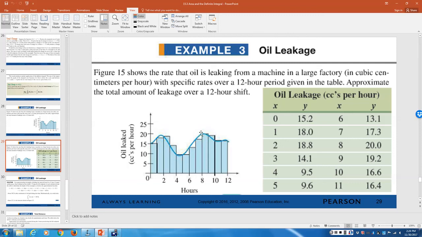So over the last 2 hours, if you assume this person took a lunch break, then their shift probably ended at the 9th hour. Okay? And then the last 3 bars are 19.2, 16.6, 16.4. So it's slowed down some again. In order to find the total amount of oil that leaked, we would have to add up the areas of all those rectangles,